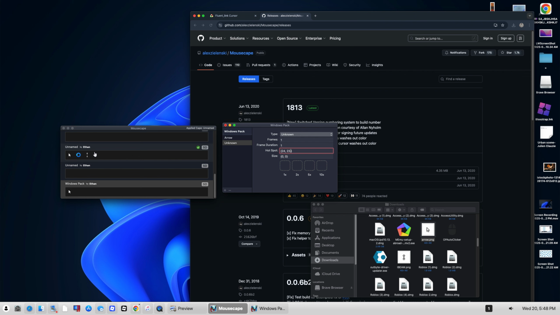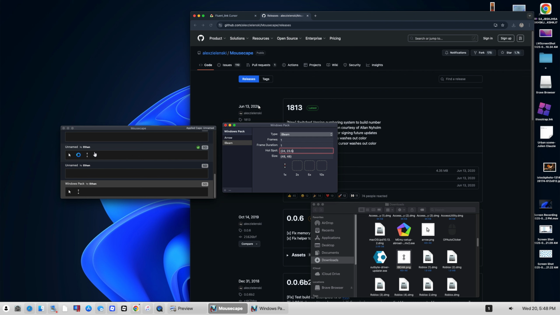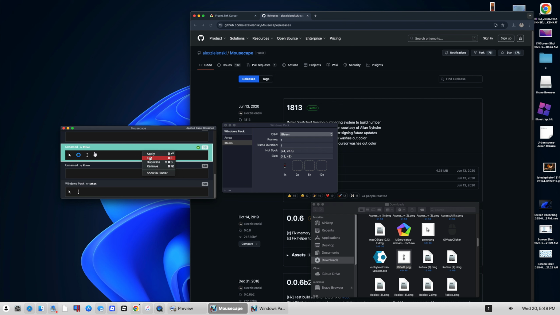Oops, do not put that. 0.5. And then we need to put our iBeam in. There we go. And then we need to find iBeam. That's where a lot of people mess up. And then our last one. That's why we didn't want to add the other ones because there's like bigger ones. But yeah. And then our next one is